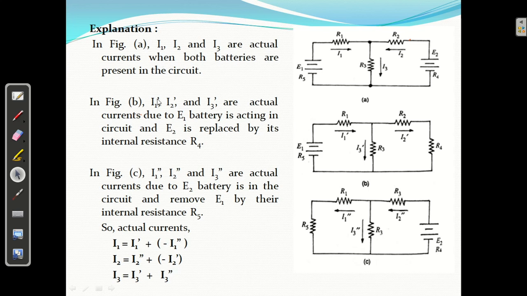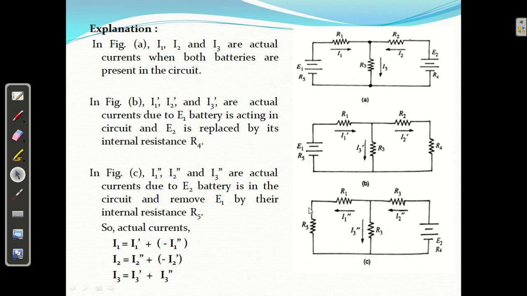How to solve it? We will consider one source at a time. I am considering this one, and the other source E2 is replaced by its internal resistance R4. In that case, when we have one source, the current will not be I1, it is I1 dash. Let us say it is changed, different. I2 dash and I3 dash. We have to find I1 dash, I2 dash, I3 dash. How to find them is your headache. By series-parallel technique, by KVL, by KCL. Those are the tools we will use. We will use the laws and find I1 dash, I2 dash, I3 dash.